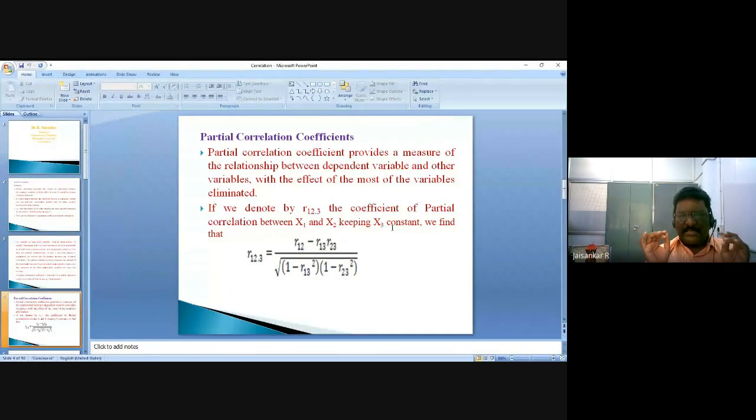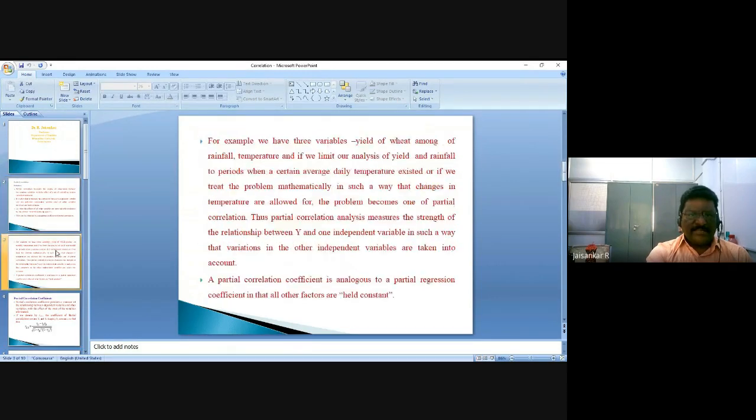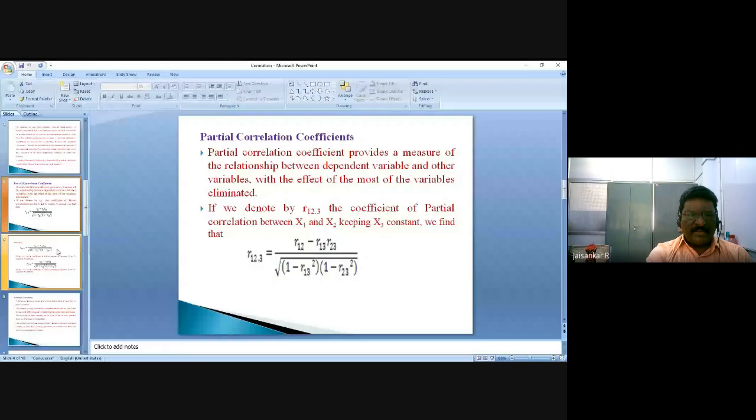If at all there is some relationship, we want to know how much they are related together. That is the main objective of correlation: how they are related, which is depending upon which. Therefore, we don't worry about all these things, just to find the strength of relationship between two or more variables. That is called correlation. So this is the formula for measuring correlation.